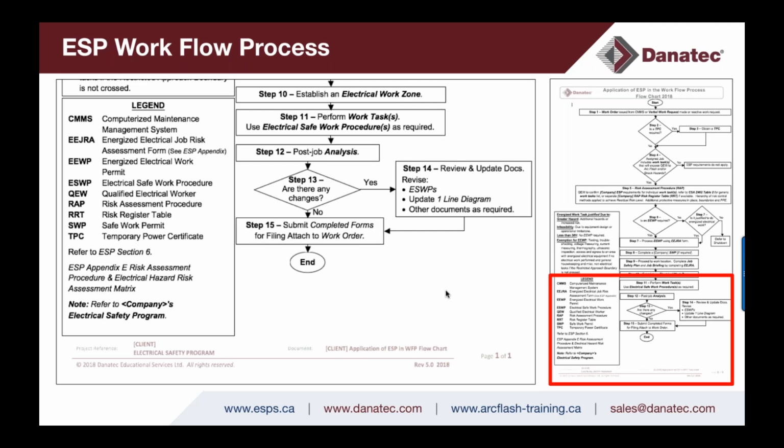And in step 15, the qualified electrical worker would take their work order, what I call work package, and they would submit any of the forms that require review by the supervisor or retention, and then they would get the next work order. So just a little sidebar of introducing this workflow process, again, on how to execute an energized